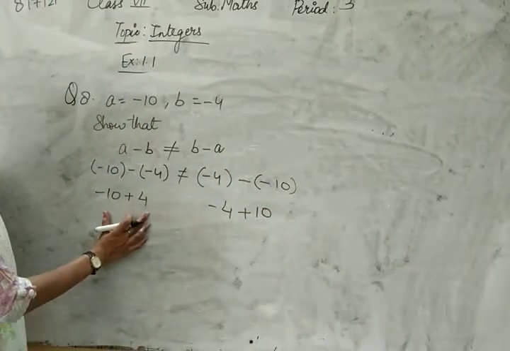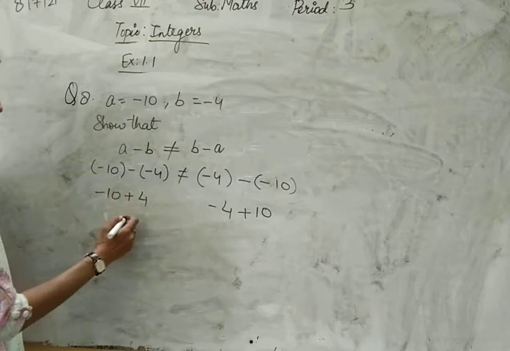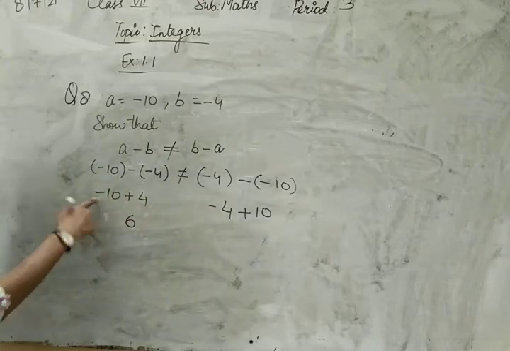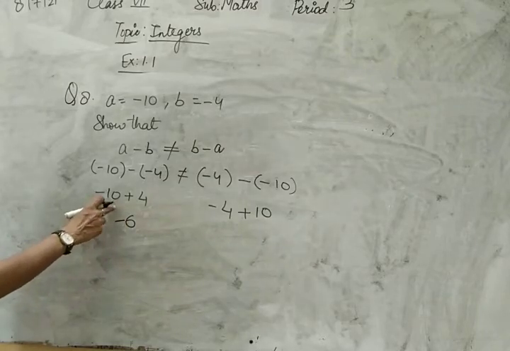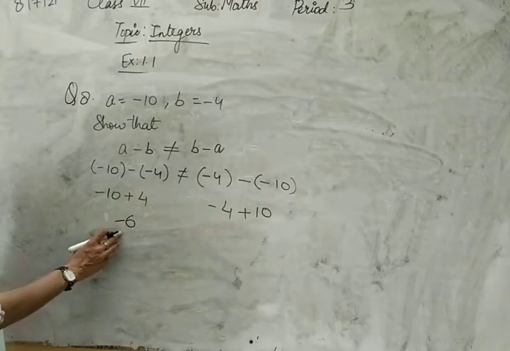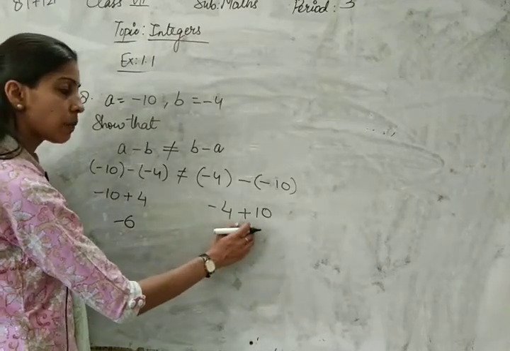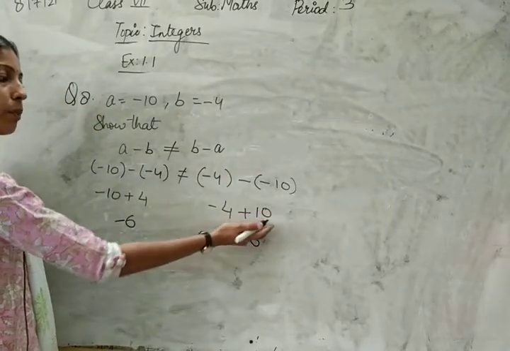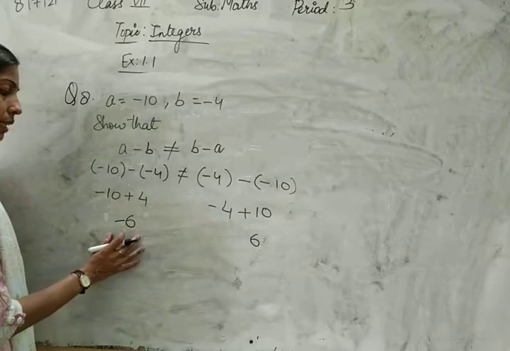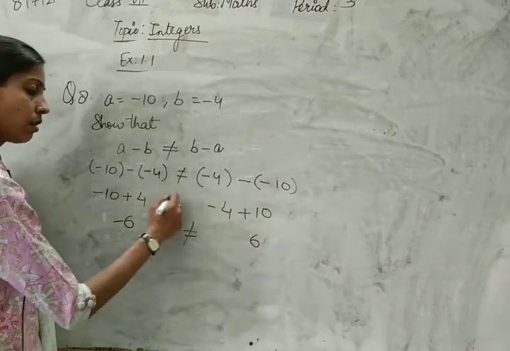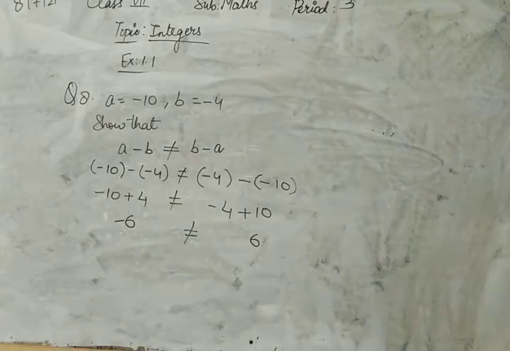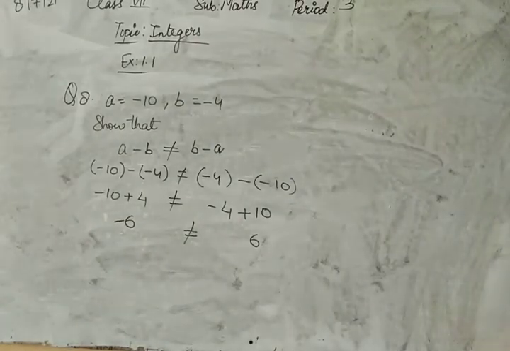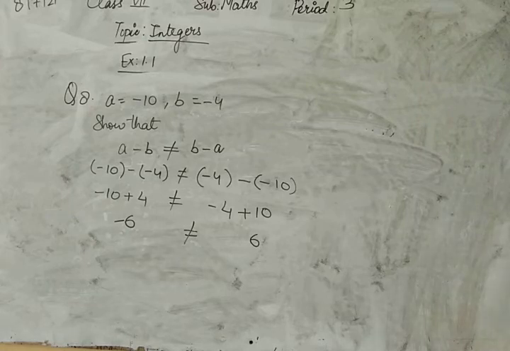10 में से 4, minus plus minus. You have to subtract, answer will become minus 6 because 10 is the bigger number and before the bigger number there is minus sign, so we put minus sign here. In this case minus plus minus, answer will be 6, but it is positive 6 because before the bigger number there is positive sign. So we can see minus 6 is never equal to 6. Minus 6 कभी भी plus 6 के equal नहीं हो सकता. 9th and 10th questions are your simplification questions. Try to do them yourself and we will be doing the next exercise in our next video.